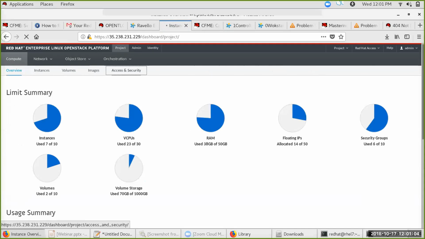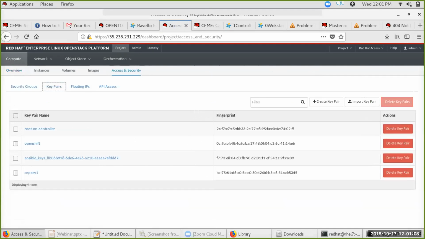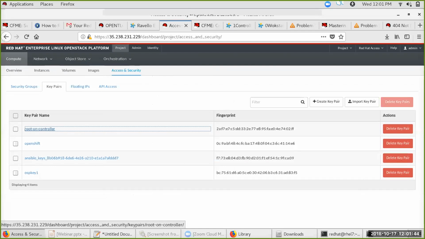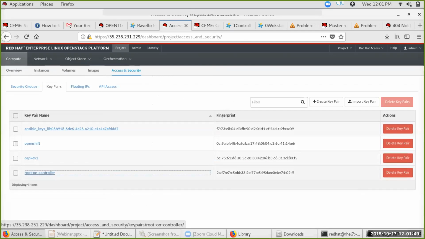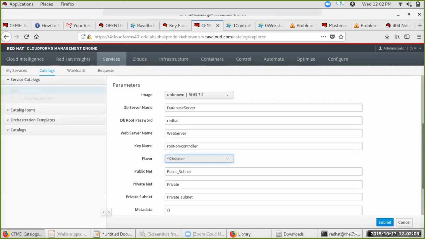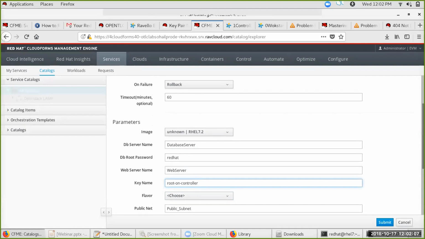So I can go to Access and Security and pick up the key pair. I have multiple key pairs here, so I'll have to pick the right key. So that was my key probably. Just let me double check. Go to Access Security, and my key name was root-on-controller, right? So this was the key. I can click here and copy it, to be on the safer side, and I'm pasting it here against the key name, right? Then